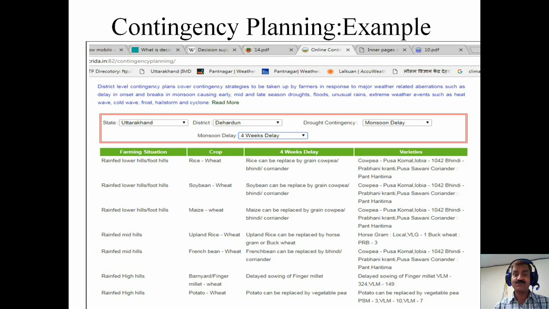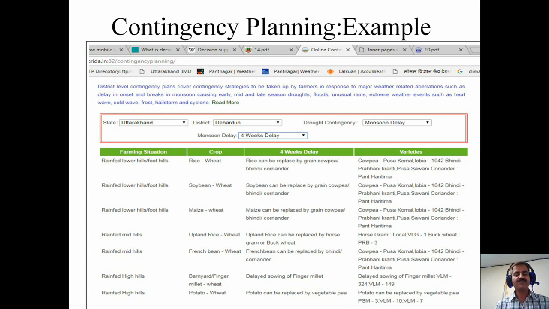So in that situation, you will have to even replace your crop, and you will have to take those crops in the field which will mature a little early, which will require less amount of moisture, because ultimately this 4-week delay of the monsoon will also result in less precipitation. So in that event, you will have to grow a crop which will take less time, plus require less moisture, less water.